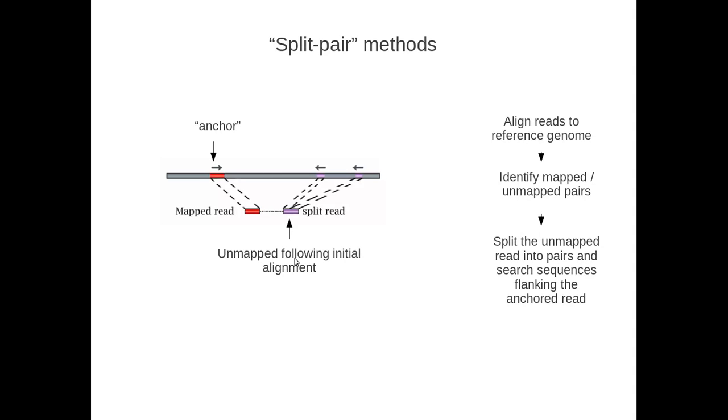But the key here is to recognize that in the sample genome, if that read spans a region that's been deleted in the reference genome, then if we were to split that read and map the pieces back, in the event of a perfect deletion, we would expect the read to be split by the region that was deleted